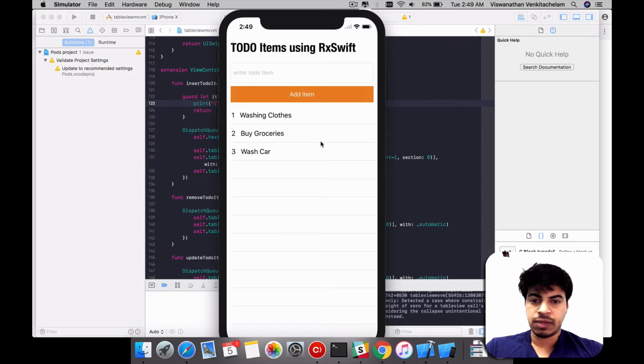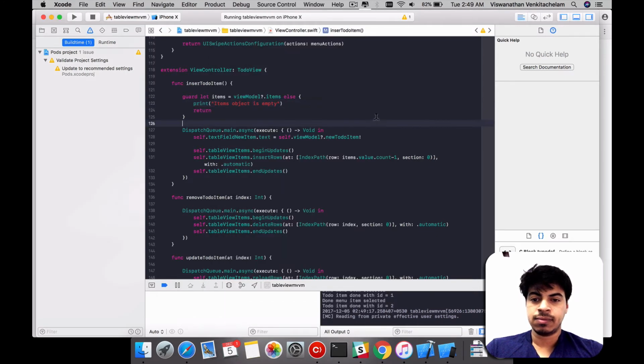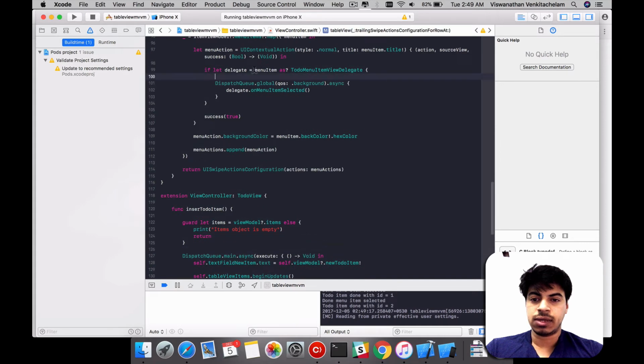So everything is loading correctly. Let's see if things are working. It's working as is, as per the last tutorial, so nothing is broken. So let's see if we add something. That's also working right now. So let's start building this using